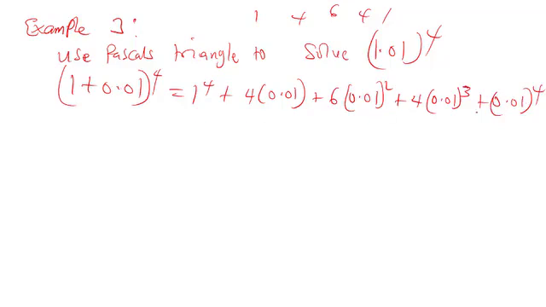Now you can see that this 0.01 is the second value here. It started from 4, 3, 2, 1. Why is this one 1? It started from here. 1 is the same 1, 1, and 1. So your answer becomes 1 plus 0.04 plus 0.0006 plus